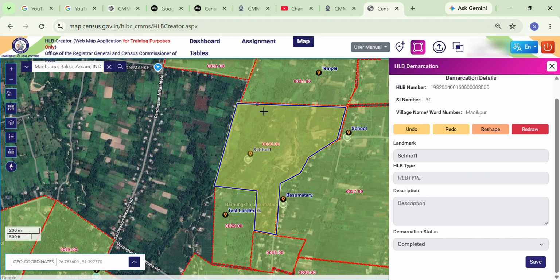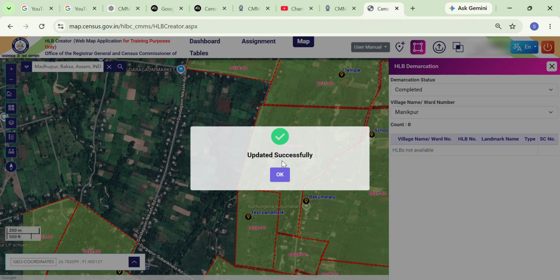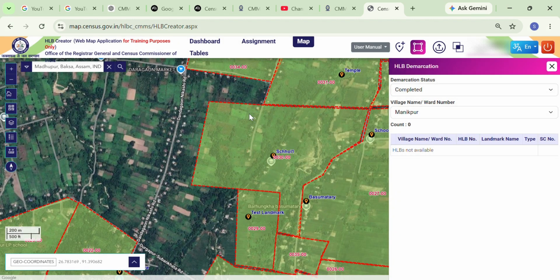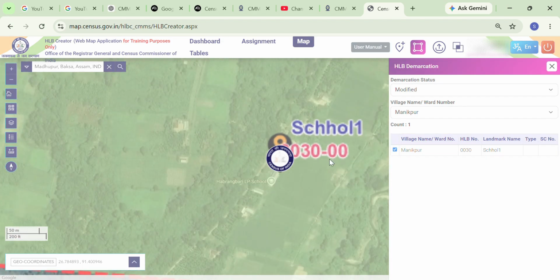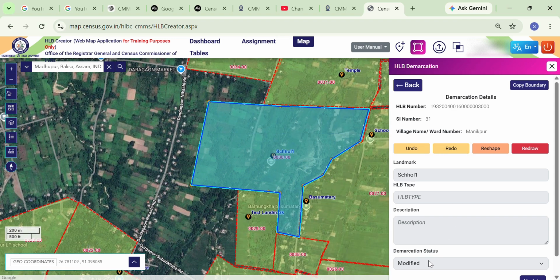Let's say we want to include this portion also in this HLB, right? It's clear that this portion will be included in this HLB, but you can see that the status is already completed. After completion also we can change the HLB, right? So if we save it, you see this extended area has been captured in this HLB, but now in modified we can see this HLB